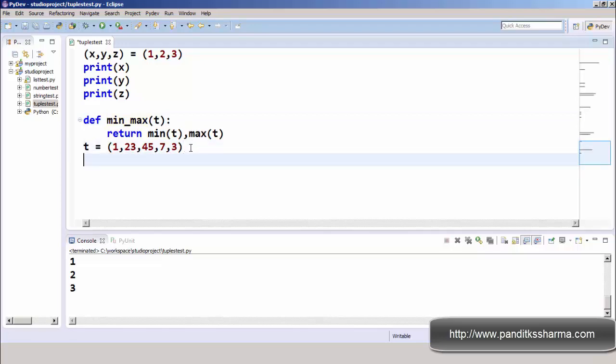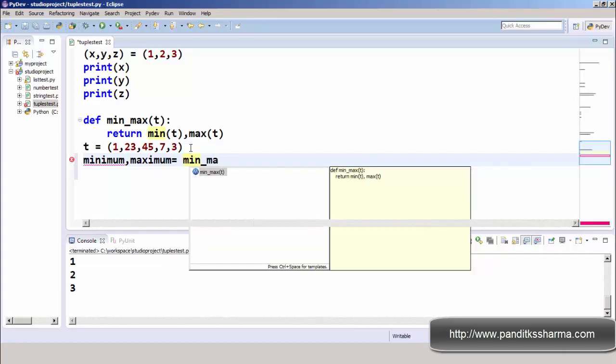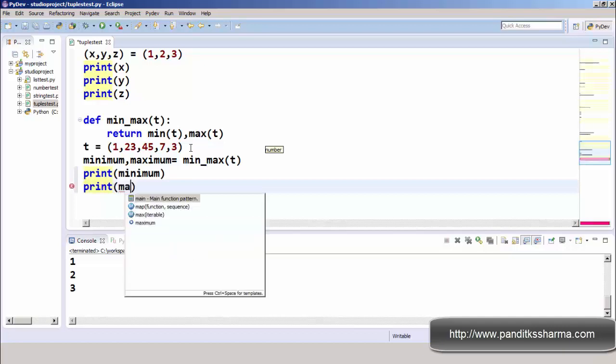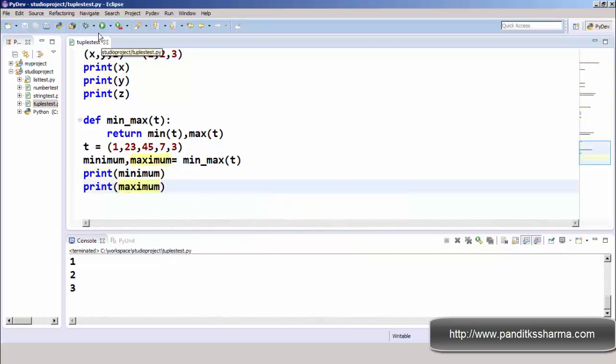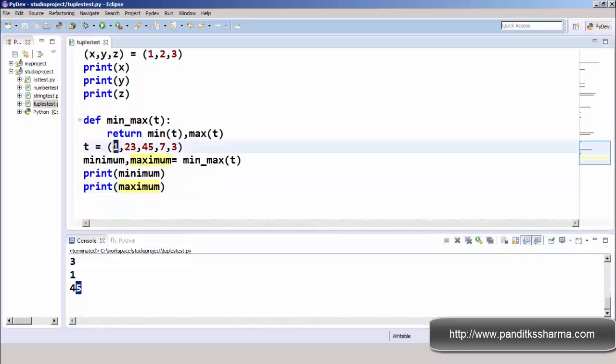We can save them into minimum, comma, maximum. These are two variables, and now we can call it, the function is minmax, and try to print minimum, maximum. Let's see the output. The output is 1 and 45. So 1 is the minimum number and 45 is the maximum number.